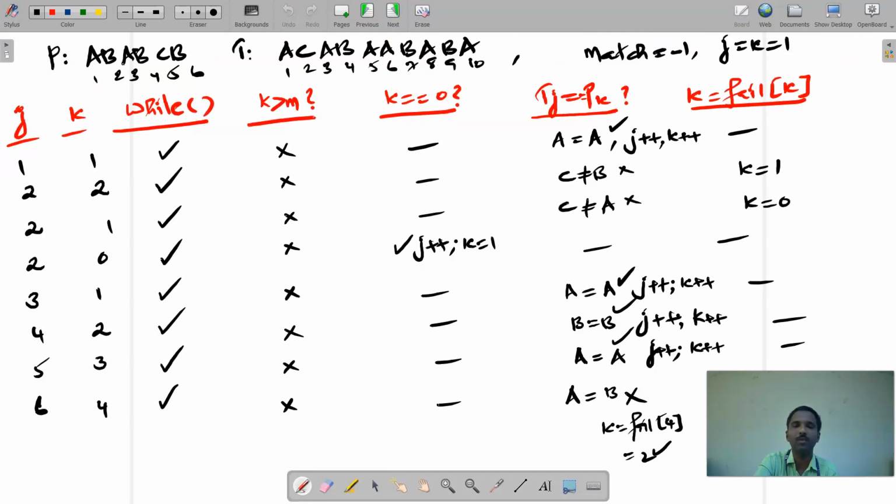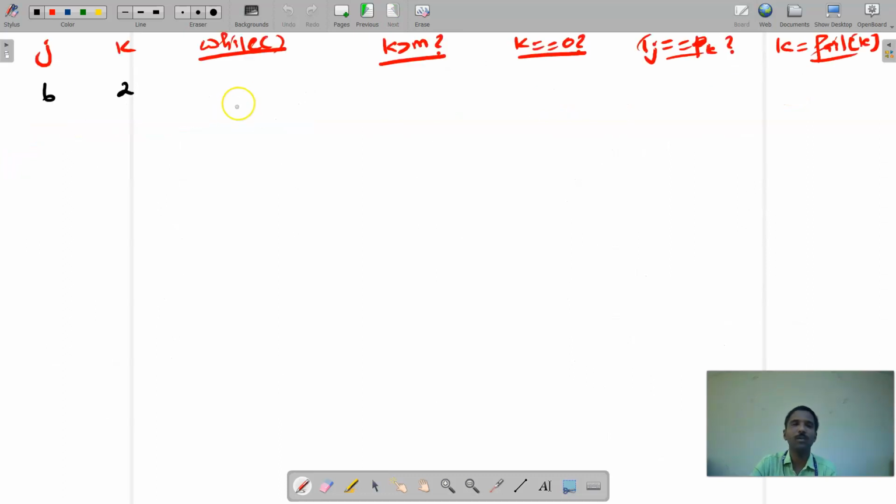Current k is 4, so k is equal to fail of 4, that means k is updated to 2. 6, 2, while condition is true, k greater than m, condition is false, k is equal to 0, condition is false. tj is equal to pk, t6 is A,